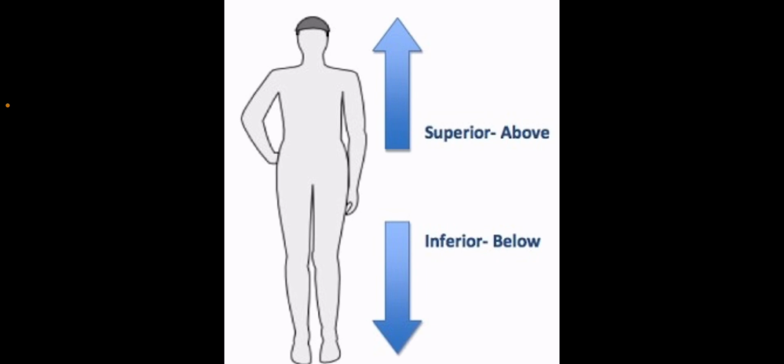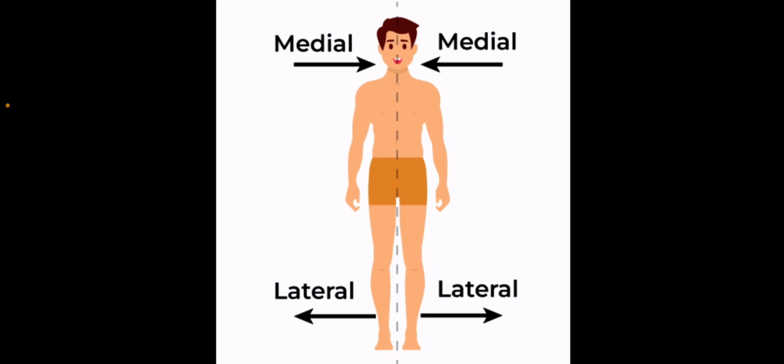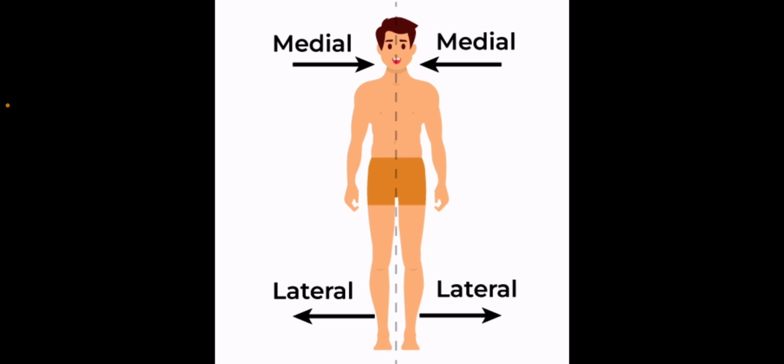Our next example is medial versus lateral. Medial means closer to the midline of the body. And as you can see, the midline of the body is sort of the center, right in the middle, in the center of the body. So the medial means to be going towards, to be closer to that line, to be closer to the line in the middle, the midline. So an example of that is the nose is medial to the ears,